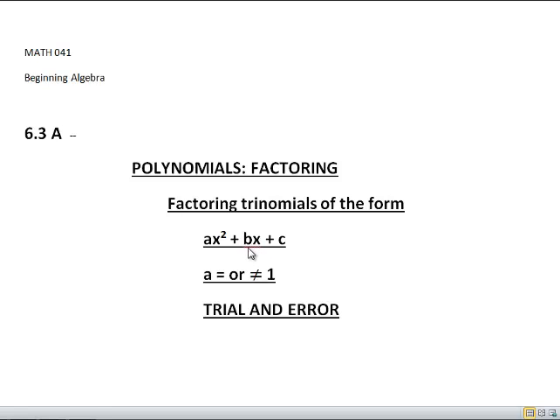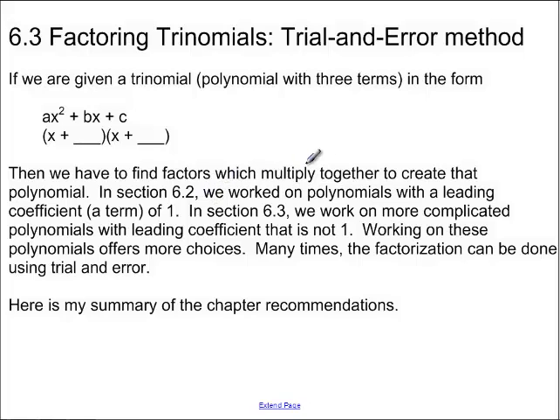So let's take a look at our steps. Alright, so now we've got section 6.3. Here's our smartboard presentation. We're going to be, again, factoring trinomials. Trinomials are of this form here, ax squared plus bx plus c. We've got three different terms. And we're going to be using the trial and error method. I prefer more trial than error, and that's just a little joke, but sometimes when we get larger and larger numbers, we're going to have to do some trial and error and cross off some possibilities and just go through different